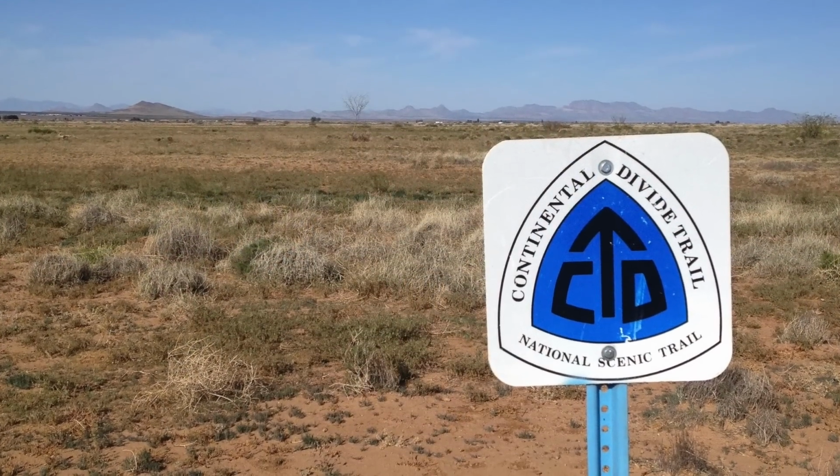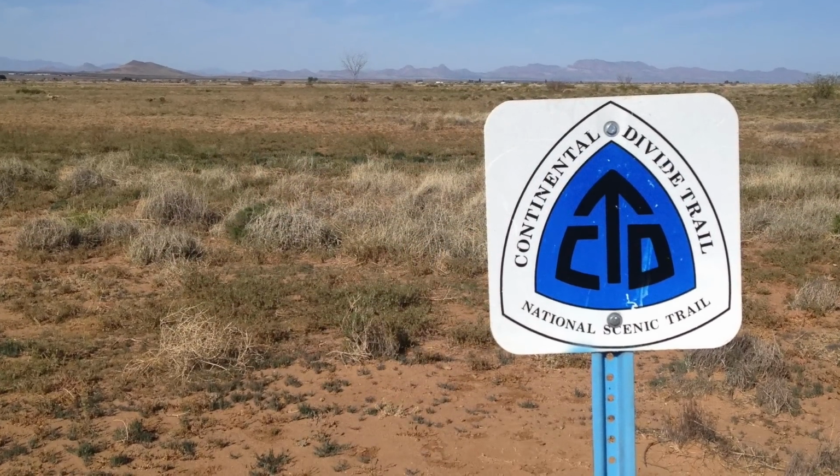Now, if your plan is to go out and maybe just section hike the first 700 miles of the PCT, or the first 500 miles of the Continental Divide Trail, where you're in all desert all the time and a lot of sun, yeah, sure, it might be a pretty good idea. But if you're out here on the Appalachian Trail, forget about it. You're in what they call the green tunnel all the time, so you're never really getting enough sunlight to charge